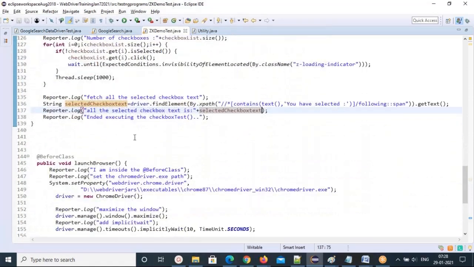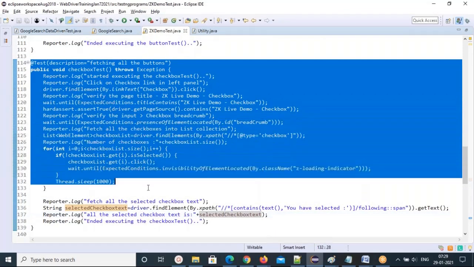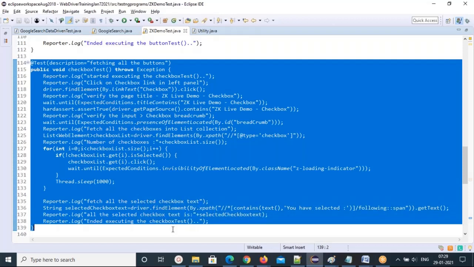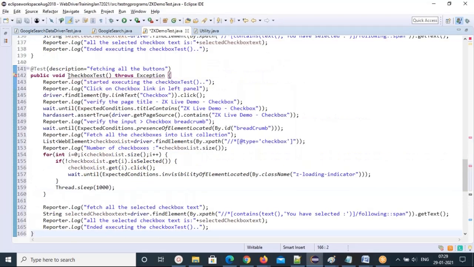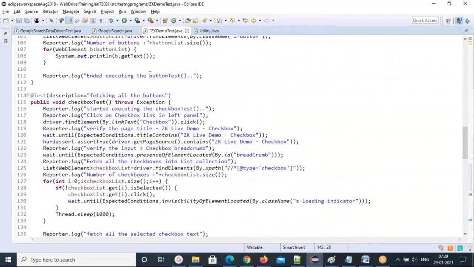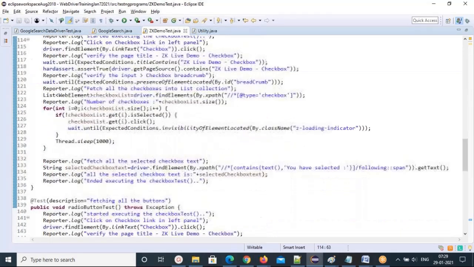So the last test case, let's quickly finish and we can run the entire test cases. We'll play around, but we want this entire code, just copy and paste. We can reuse a lot of code. So the last one is a radio button test. I think we need to change something here. Fetch all the tick boxes, not this one, this one. Fetch all the checkboxes and select them. That's a test case.